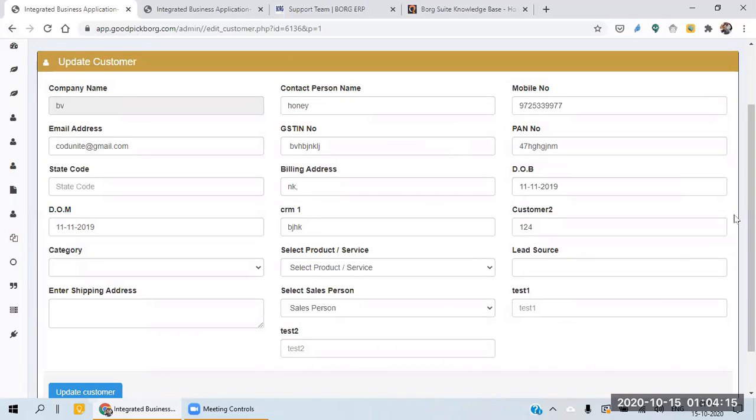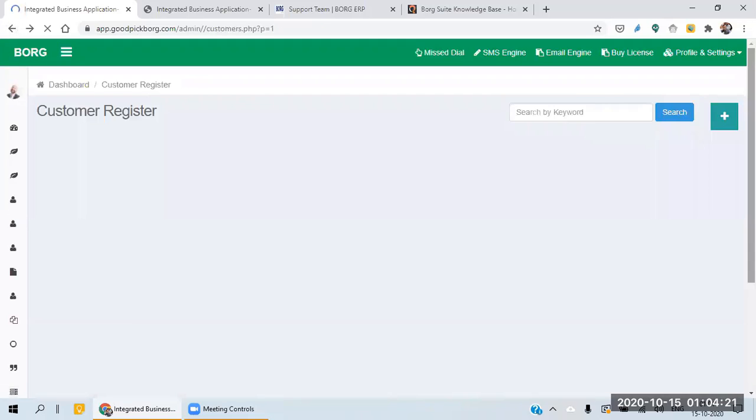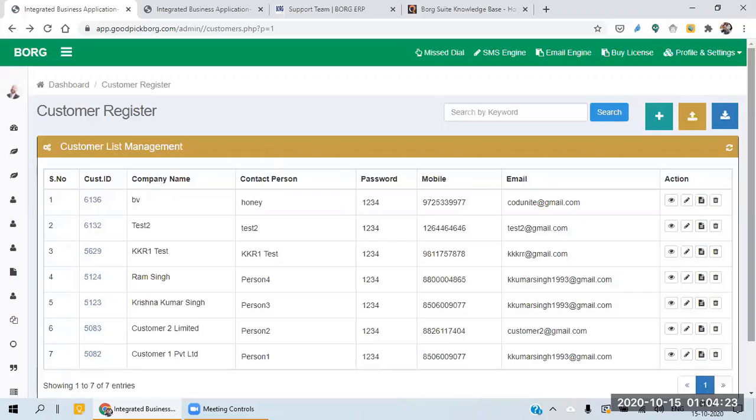And one more thing, you don't need to add customers manually in the Borg CRM. I'm going to tell you about a fantastic feature. You can also delete the customer from here if you want. And this is a note, add log. Let me click on it.